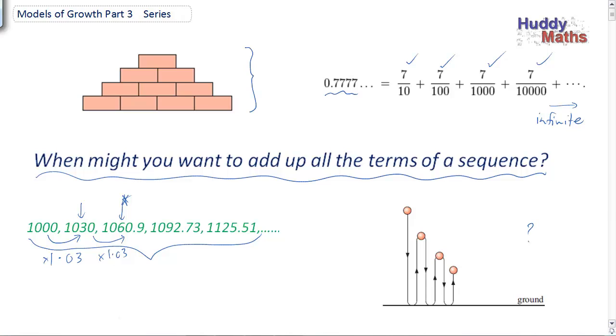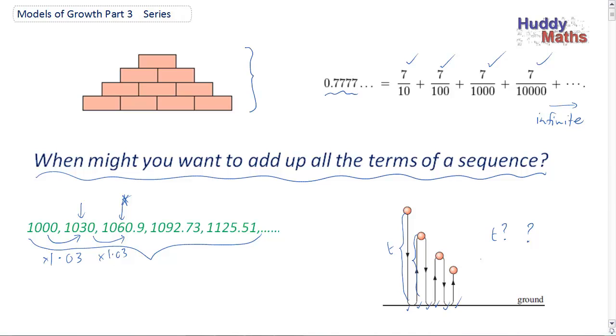What about this here? It's a bouncing ball thing. We'll look at that later. The time taken when a ball is dropped and then it bounces up a certain proportion of the height each time. So this is a decreasing sequence. What is the total time that it takes? Here you might want to add up the times for all these transitions of the ball up and down, mightn't you? Okay, so